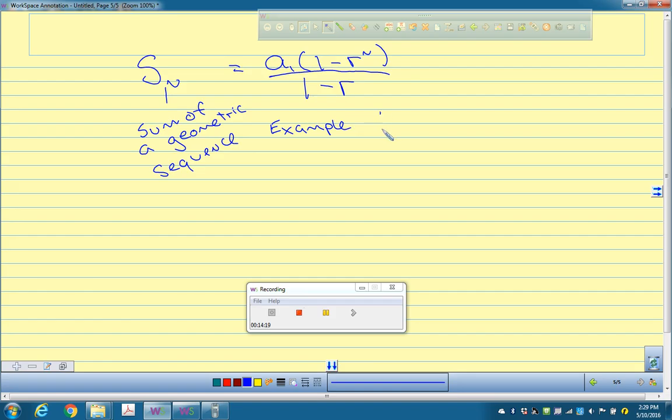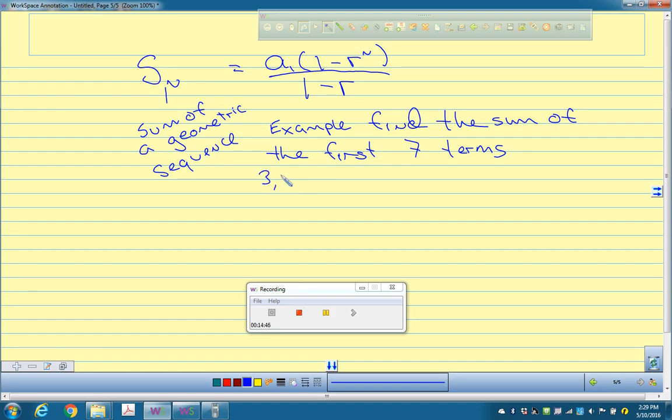Find the sum of the first 7 terms, okay? Of this sequence,